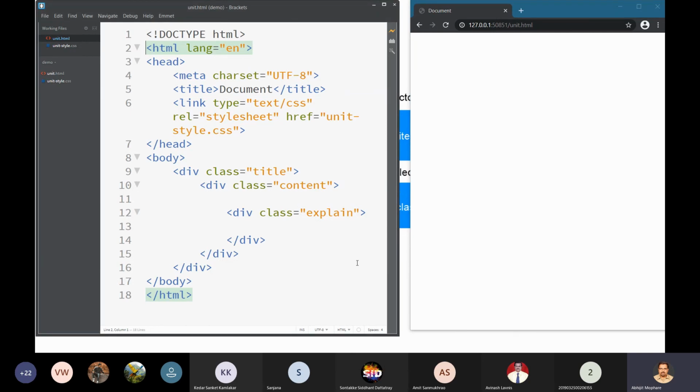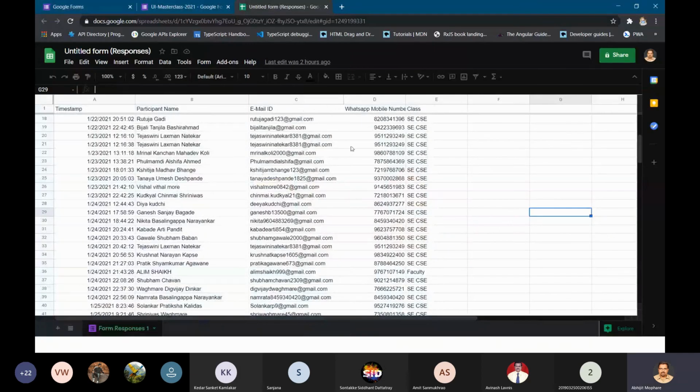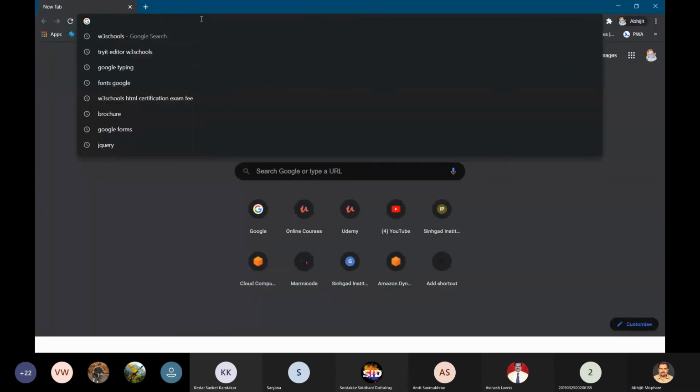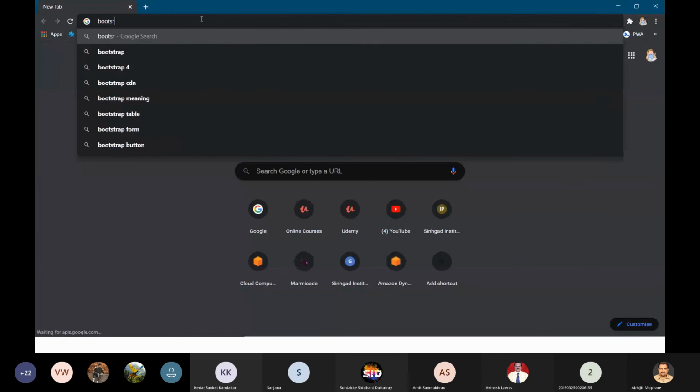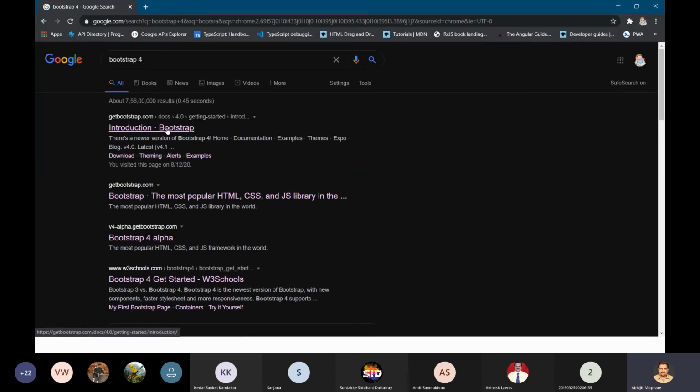If you observe, now let me show you several examples. This is one framework which was designed by Twitter.